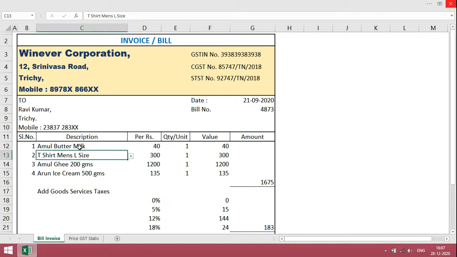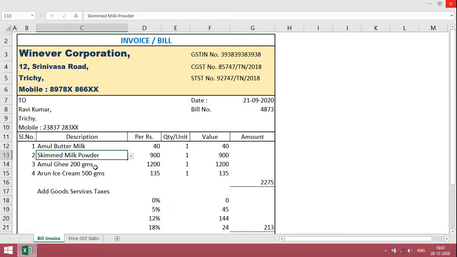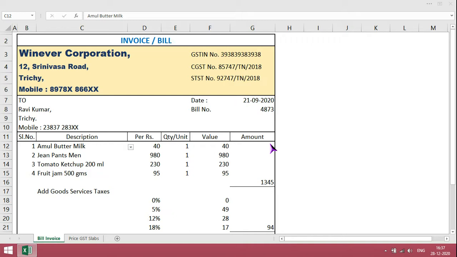First, our requirement is, based on category, we need to calculate the amount as well as GST. Based on product category, GST or tax slabs change from one product to another. Essential products have no tax at all. Some products have 5%, 12%, 18% and 28%. So there are 5 categories, and based on these 5 categories, we need to calculate the value as well as the GST amount.